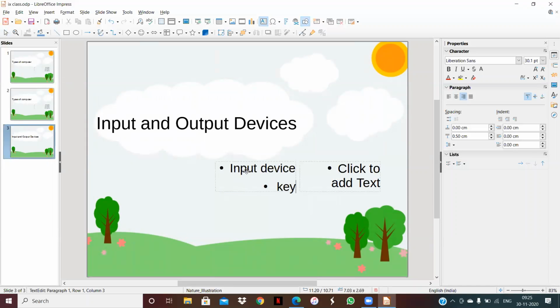That is your keyboard, mouse, scanner, joystick. Clear? In this box, suppose I want to write output devices like your monitor, speaker, and your printer. Clear?